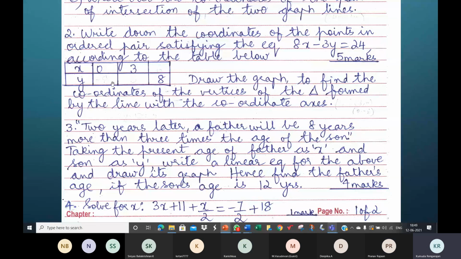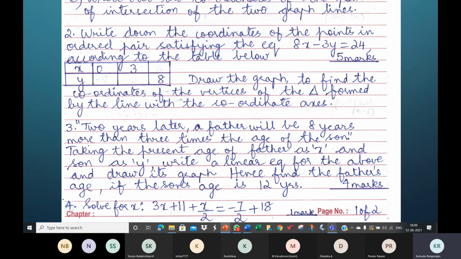Okay. I don't know why it's also seen lightly there, but I'm very sure that my children wouldn't have just taken the values from there. So when x is 0, y is -8, when x is 3 it is 0, and when y is 8, x is 6. Correct. Fine. Now the most important thing, what are the coordinates of the vertices of the triangle? Could not get that part.